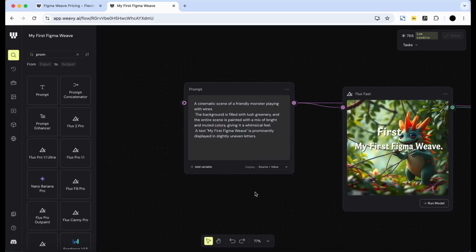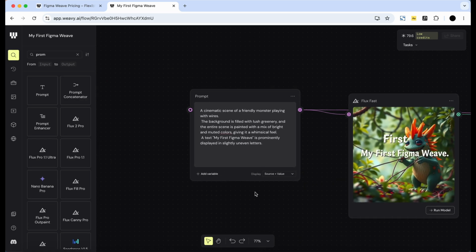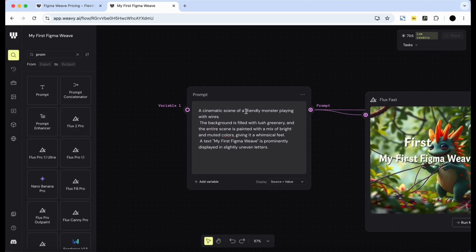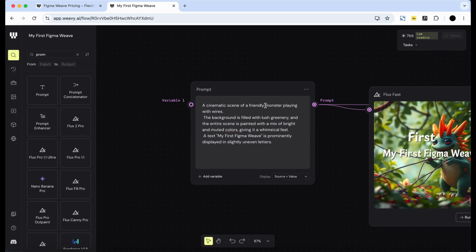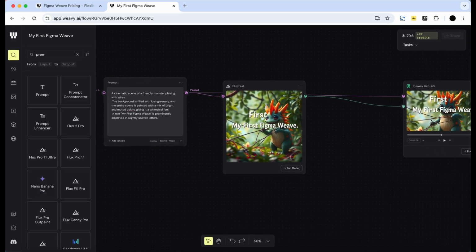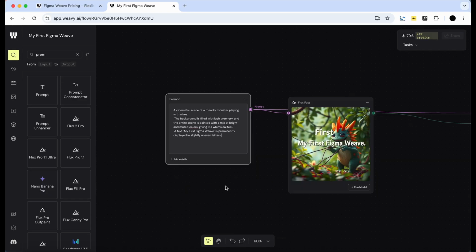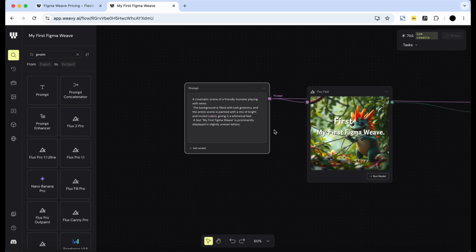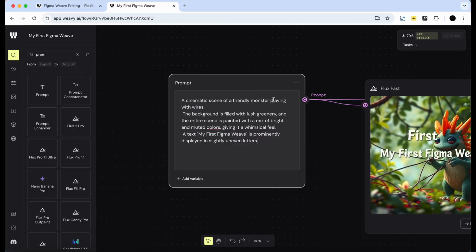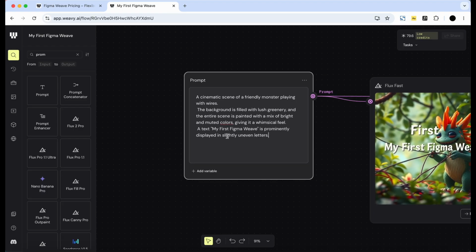One thing I thought was really interesting that I saw in a video online was you were able to add variables to this workflow and it looked really powerful. So say I wanted to change this from being a monster, maybe I wanted to be more specific. So I've got friendly monster here. Maybe I wanted to change what the type of monster is, or maybe I wanted it to be a dragon or something completely different. So what you can do is add a variable, and it adds a variable